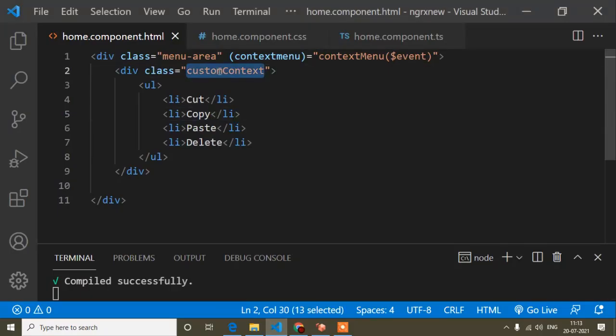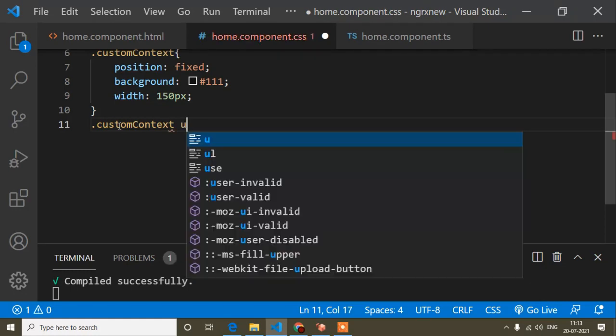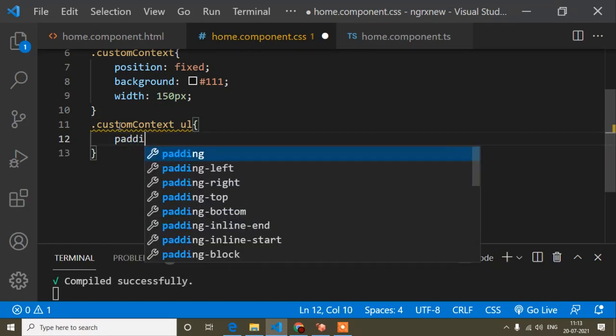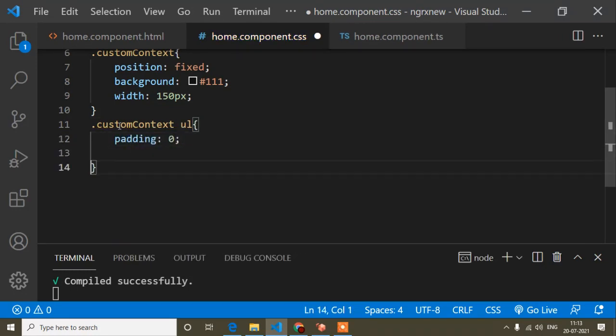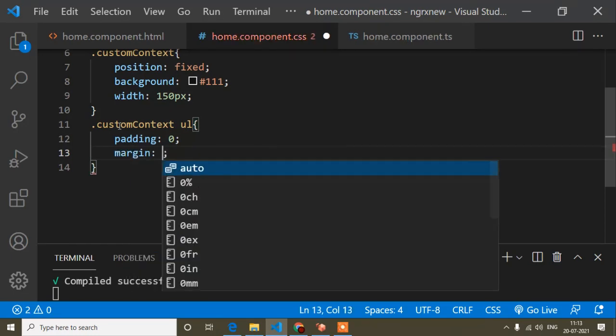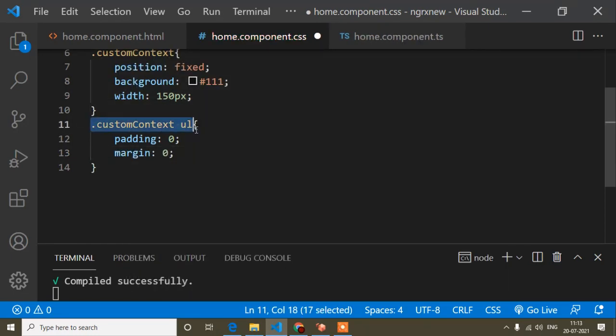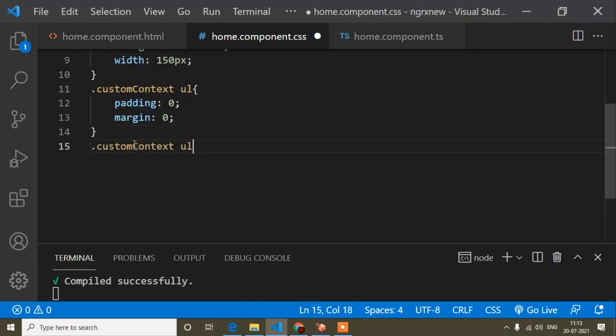So now I will add the design for this li tag. So here copy, paste, and UL. First of all, for UL I will write padding is 0 and also margin is 0, and this one I will copy, paste, and li.